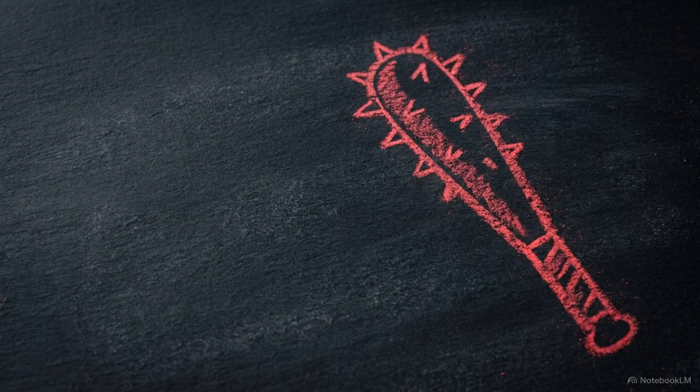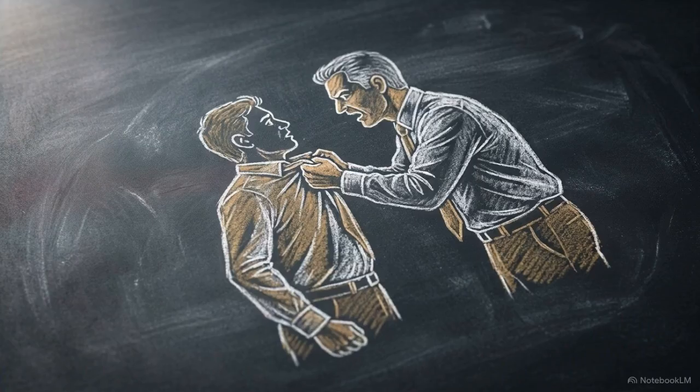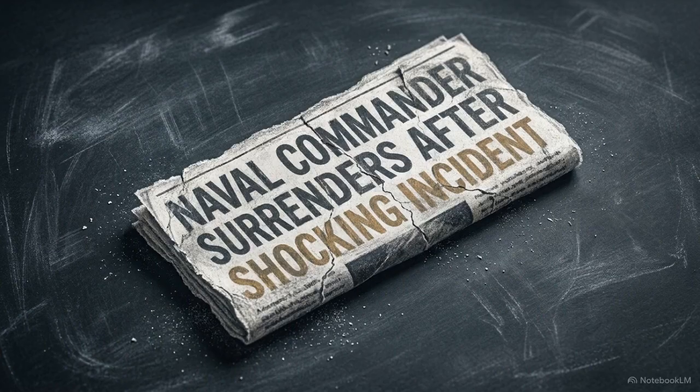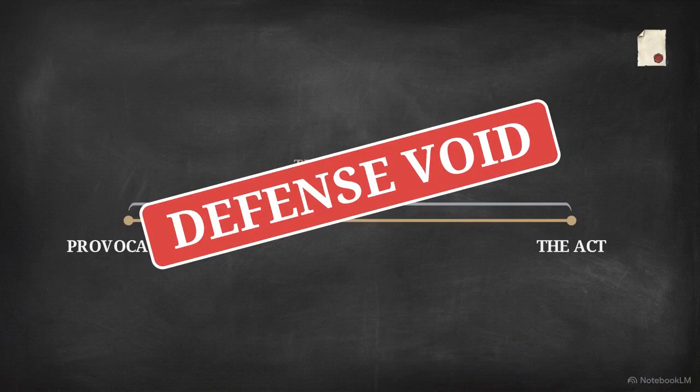Under Section 101, Exception 1 allows an act to be classified as culpable homicide rather than murder if the defendant acted under grave and sudden provocation. The KM Nanavati case defines the strict limits of this defense. If there is a cooling-off period between the provocation and the killing, allowing time for the defendant to plan or retrieve a weapon, the defense of provocation is legally void.